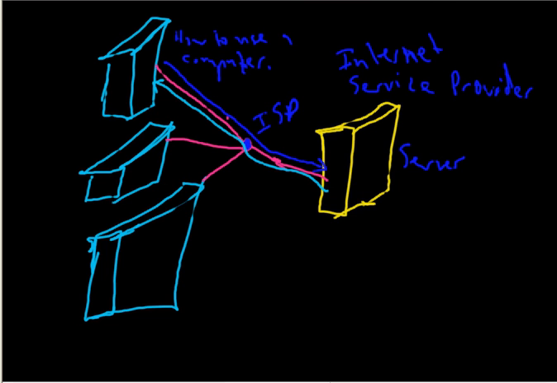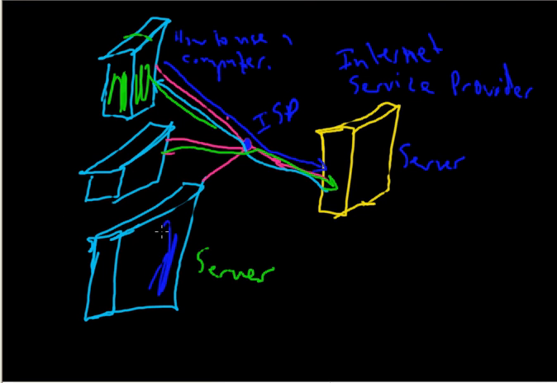And so it's the same for all these. This guy can request. Let's get a different color. How about this green color? He can make a request to the server, but also say this guy set up a server on his computer at home. That means this guy right here, this computer shaded in green, can access the computer shaded in dark blue